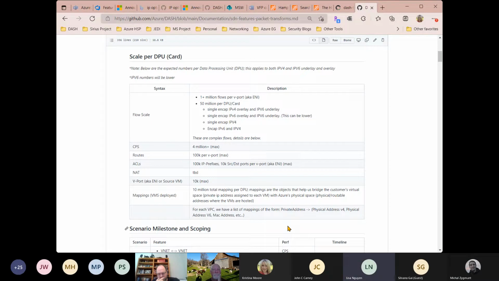Per ENI, but then overall, I understand, it depends on the deployment. The maximum number of ENI will be different. But overall, for the entire DPU, what are you looking at? Because it's not a simple multiplication of the number of ENI into 100K per ENI, right? So overall, what are we looking at? 1 million, 2 million, what would be a reasonable number? To be honest, it's hard for me to answer this question, right? Because